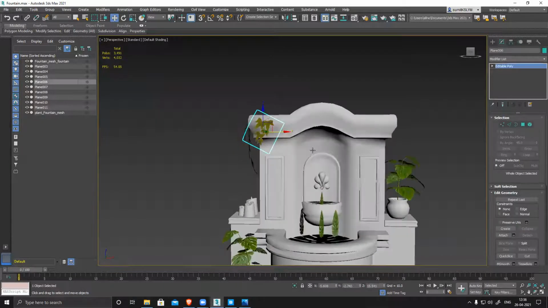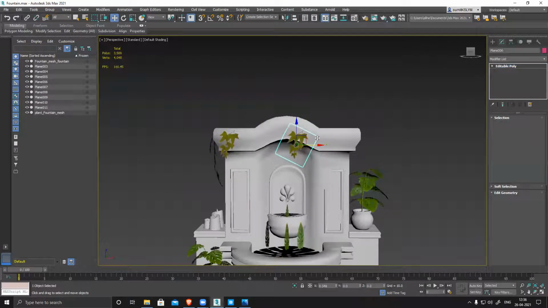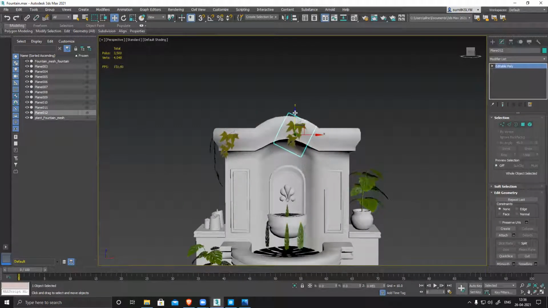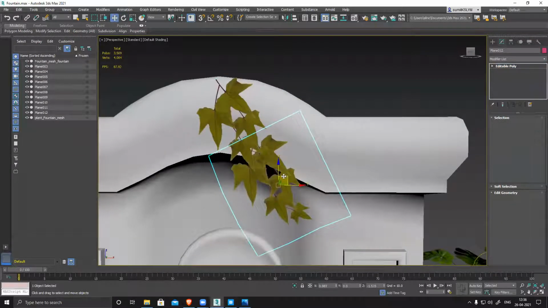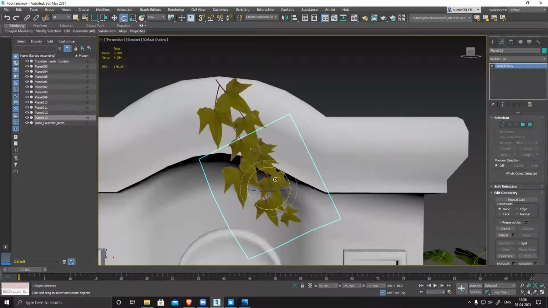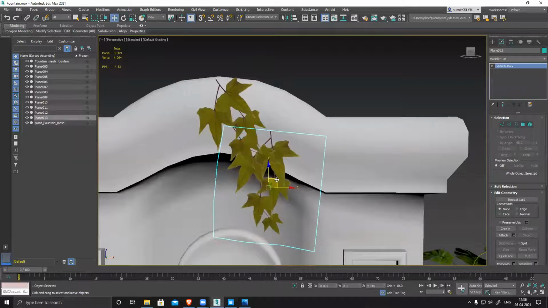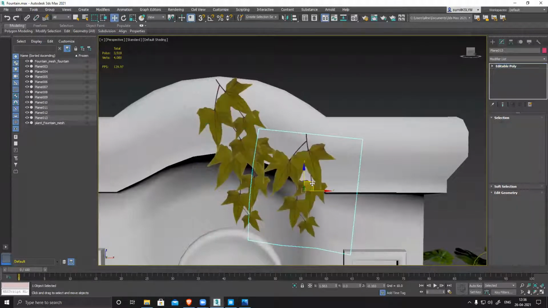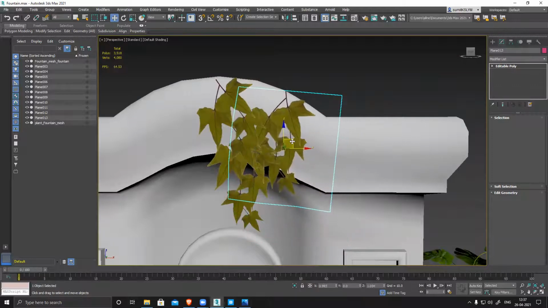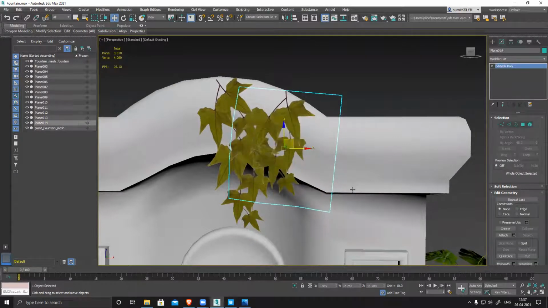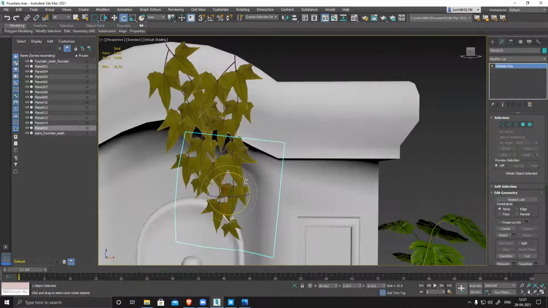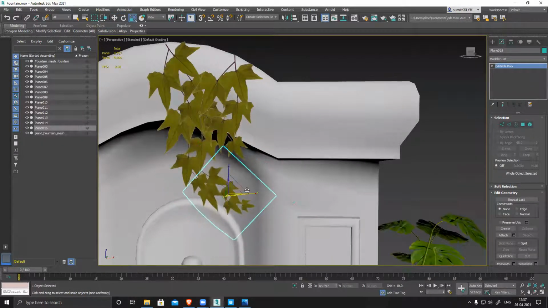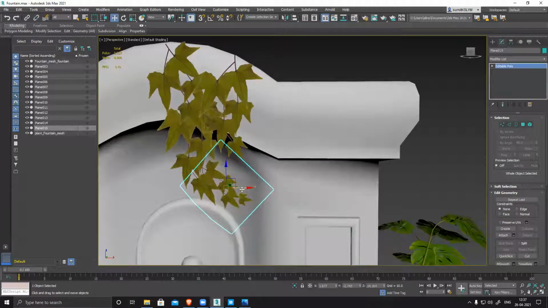Now, similar thing. Scale it down, align it nicely.